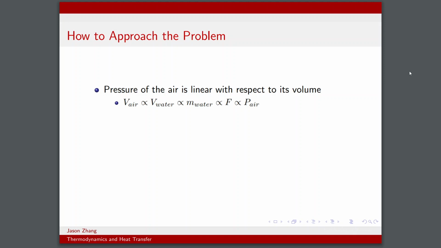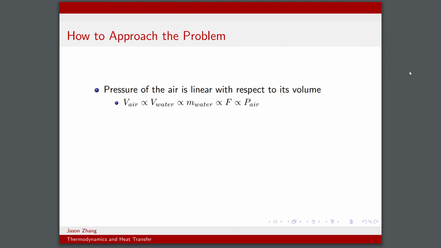Because of this, we should also realize that the volume of water is linear with respect to the mass of the water. This is quite intuitive. They're related by the density of water. We should also notice that the mass of the water is related to the gravitational force that is exerted on it by the Earth. And this force is linear with the pressure experienced by the air, because essentially the pressure